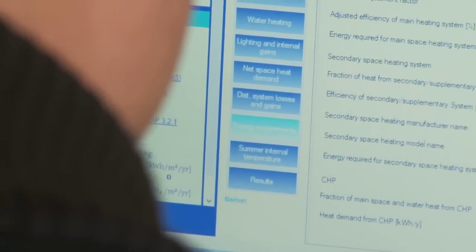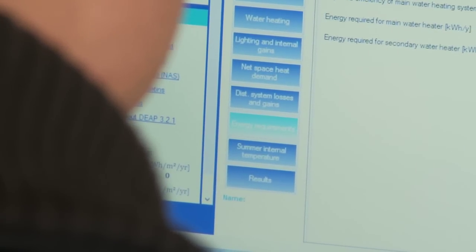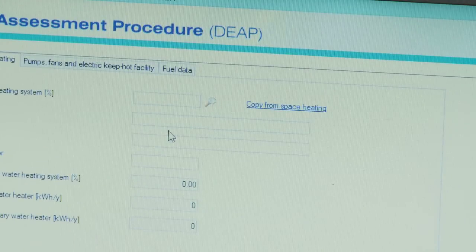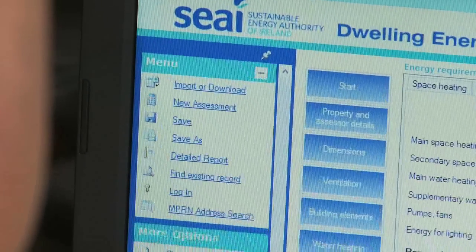We can then go on to our water heating, and it usually is the same as our main space heating, so that will be copied over and all the information will pop in there. The pumps, fans and electric keep hot facility, we don't need to bother with that because all that information goes in for us automatically. So the last tab then we have to fill in is the fuel data tab, and